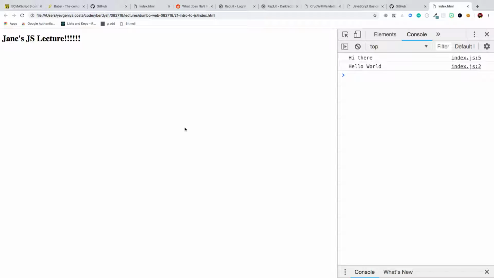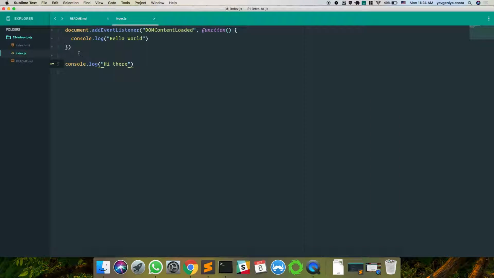But things can be asynchronous, and you sometimes can't even predict what's going to happen first and how fast something loads. Why does it have hi there first? It has hi there first because this part waits for everything to load, which is a longer operation. So it prints this, and then when this event occurred and everything loaded, it prints this. So then is hi there part of the DOM content? Technically, kind of. Well, yeah.